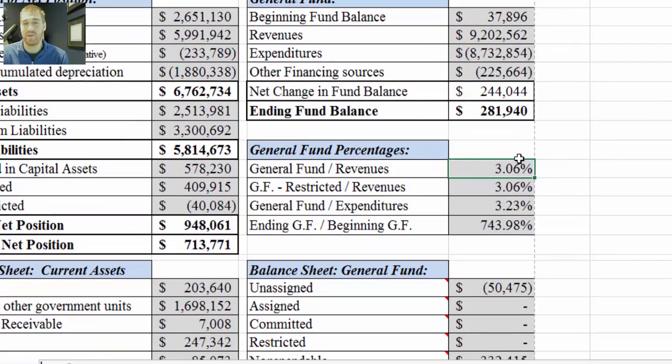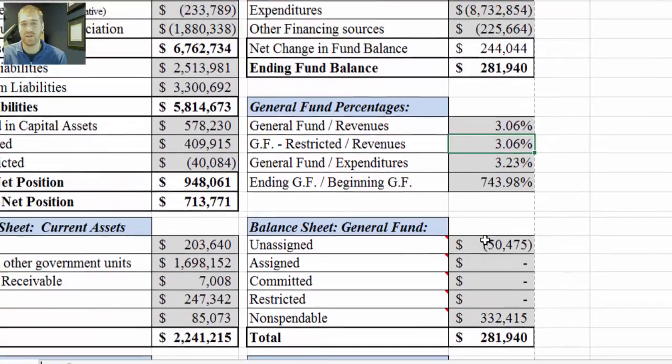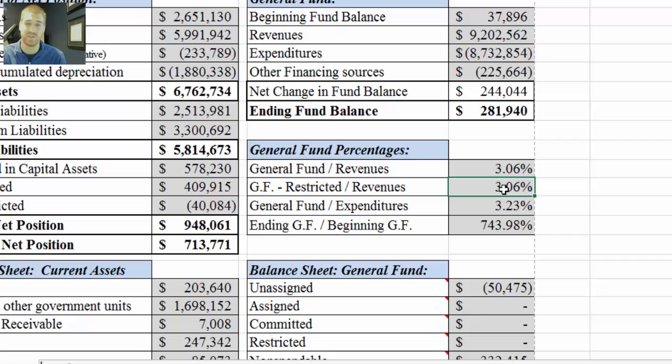Below that, we have a couple calculations. There's general fund divided by revenues, which takes the ending general fund, divides by total revenues, and then general fund minus restricted. If there's a restricted amount down here, it essentially does the same calculation except subtracts restricted first. There was no restricted amount, which is why these are the same. General fund divided by expenditures takes the ending general fund balance, divides by total expenditures, and then ending general fund divided by beginning general fund takes this, divides by this. If this is above 100%, there was an increase, which is well above 100%, there was a large net change. If it's below 100%, there was a